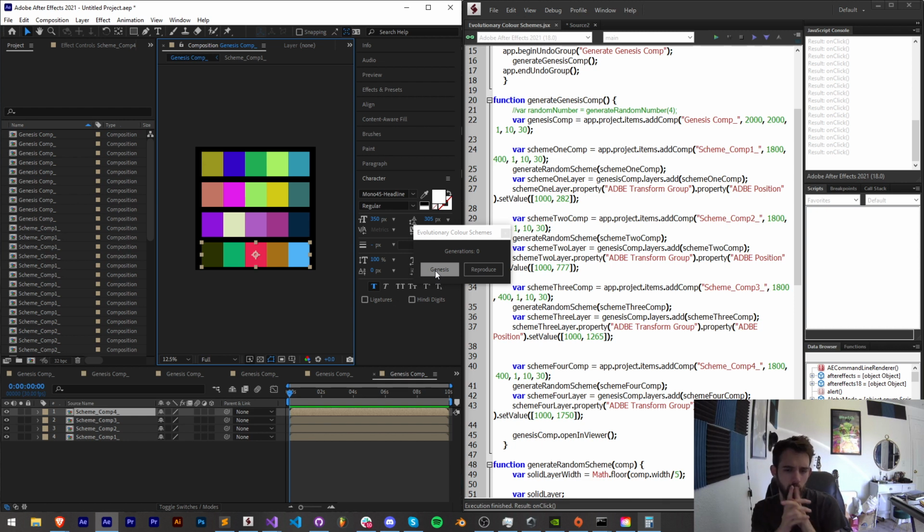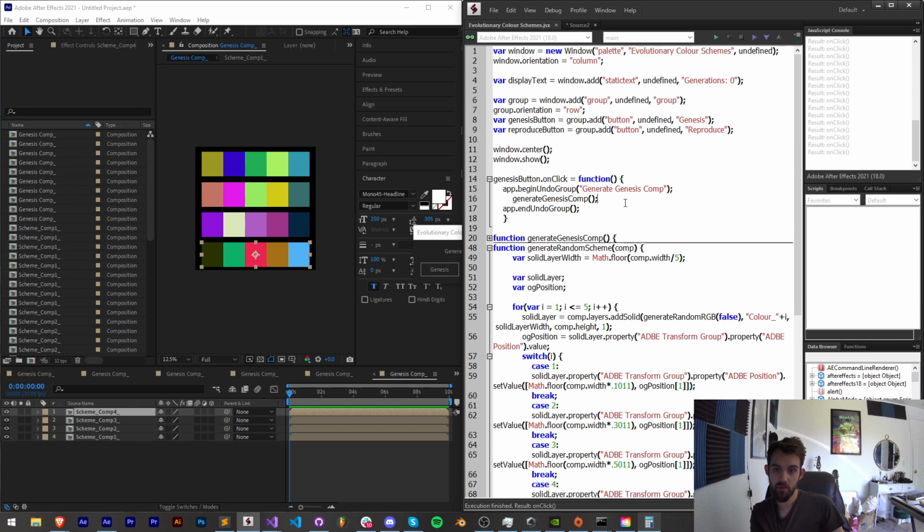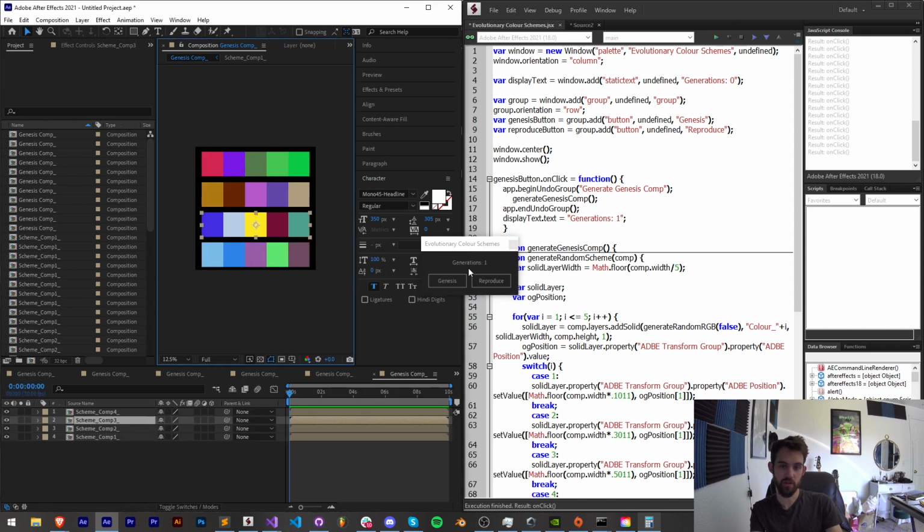So what we're now going to do is set up, well, actually what we also need to do is whenever we create a genesis comp, after that, even if we generate a brand new one, we need to tell the user it's generation 1. So I'll say display text dot text is equal to generations 1. Just a minor thing, but if you're going to continue reproducing just based off this, then it will start to